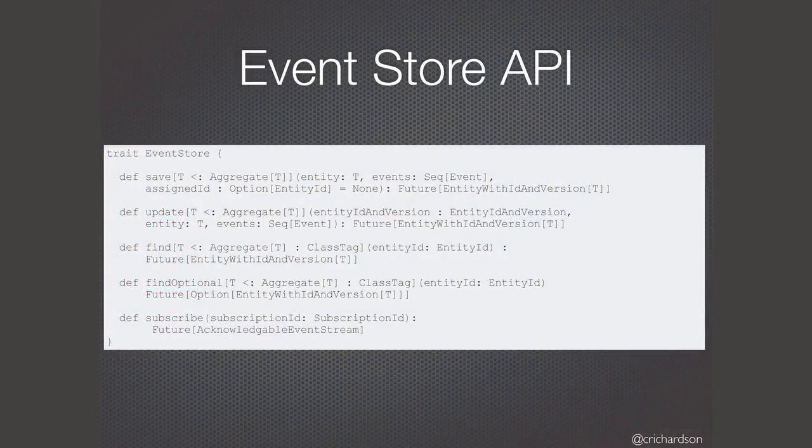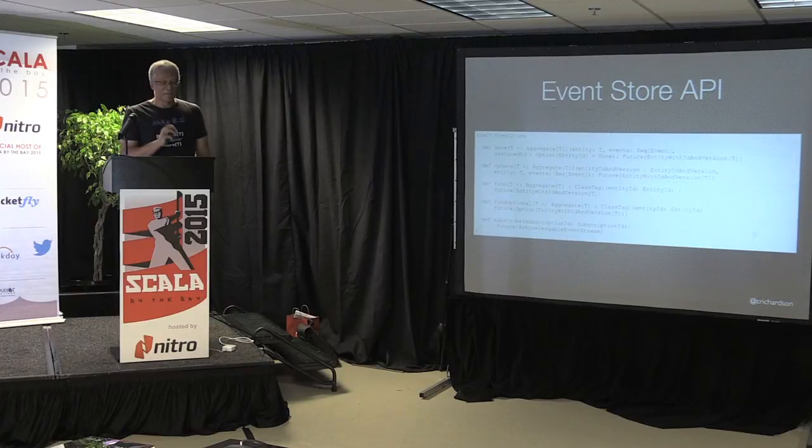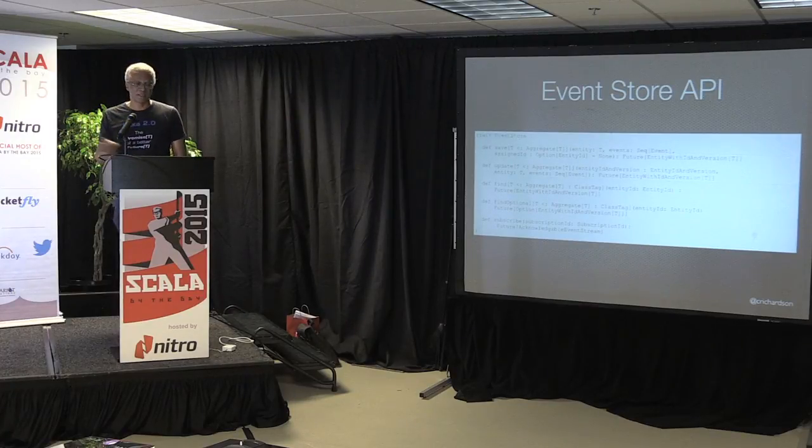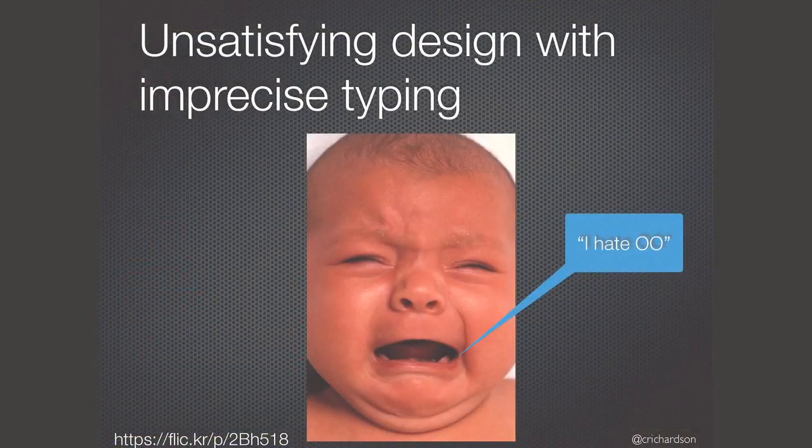And the actual underlying event store API, it's funny, it's easier to read on that one than this one. It's got basic save, update, find, and then at the bottom, subscribe methods. And it's all parameterized by T that's constrained to be a subtype of an aggregate. So, in a way that's kind of good, right? But if you dug into it, there's a whole bunch of unsatisfying things. Like it's throwing exceptions, right? Which is not very functional. The actual typing in terms of the events in the signature was event, rather than the events that this particular aggregate knows how to